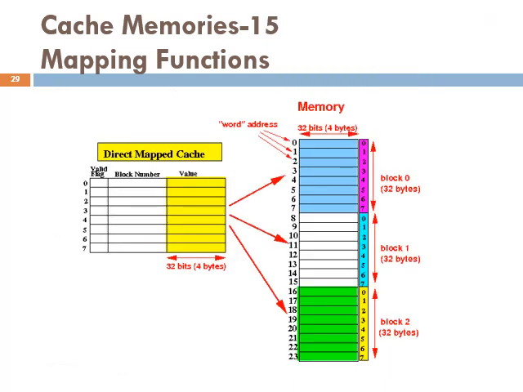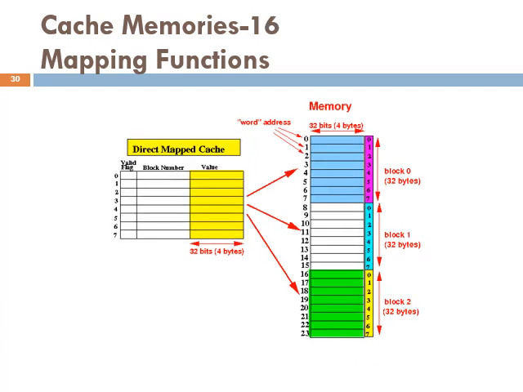With direct mapping, the replacement algorithm is trivial. Placement of a block in the cache is determined by its memory address. The memory address can be divided into three fields as shown in the figure. The lower order 4 bits select one of 16 words in a block. When a new block enters the cache, the 7-bit cache block field determines the cache position in which this block must be stored.